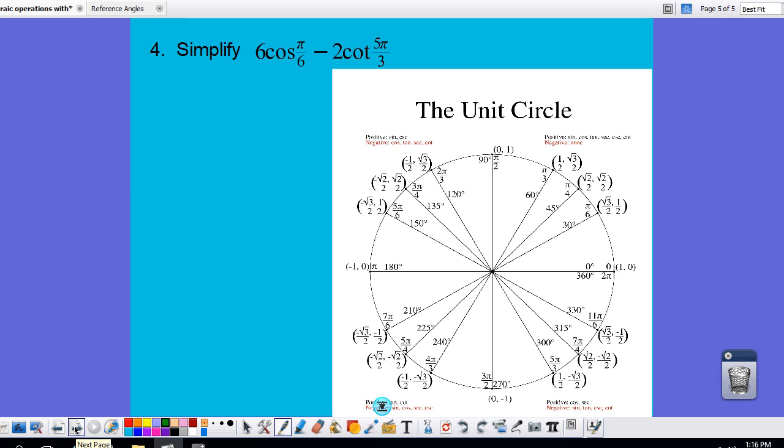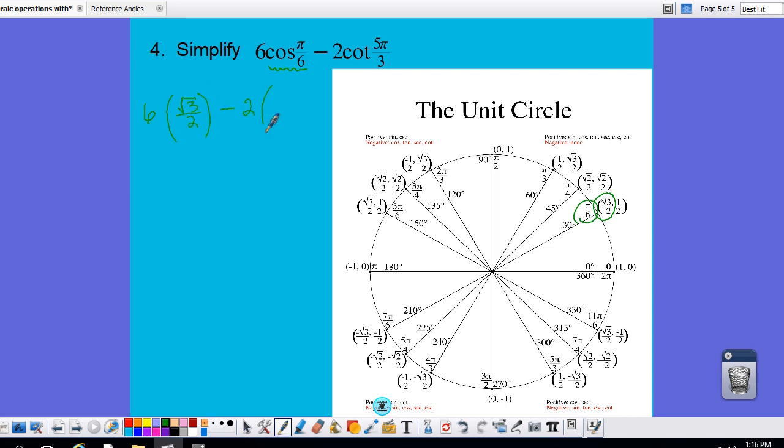Last problem, we have 6 times cosine of pi over 6 minus 2 times cotangent of 5 pi over 3. So as much as you might want to cancel these 6's, you can't, because pi over 6 is the argument for cosine. So we have to do this stuff here. It's almost like having something grouped. We have to find this value before we can multiply by 6. So we're going to do 6 times, we go find our pi over 6. Pi over 6, we want the cosine value, which is root 3 over 2,